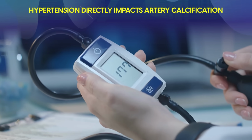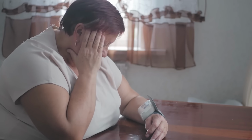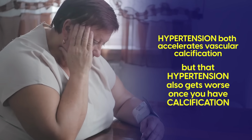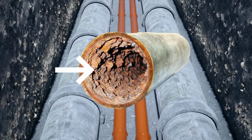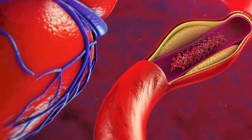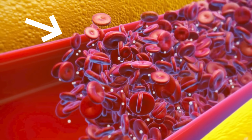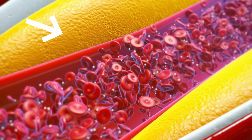Yes, hypertension directly impacts artery calcification. In fact, it's a destructive cycle, with research showing hypertension both accelerates vascular calcification, but that hypertension also gets worse once you have calcification. Think of it like minerals forming crusts inside your pipes. These crusts make the pipes narrower and less flexible, forcing your heart to pump harder to push blood through. Now you've got hypertension. From here, the pressure damages your artery walls, making them even more prone to calcium buildup,